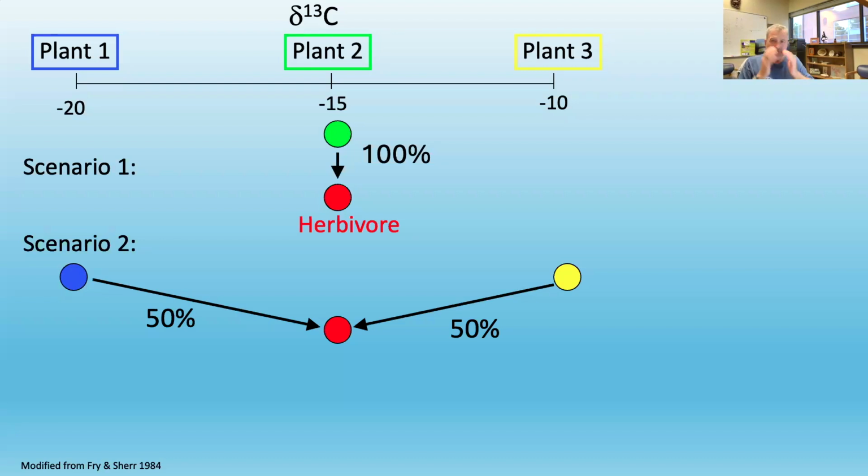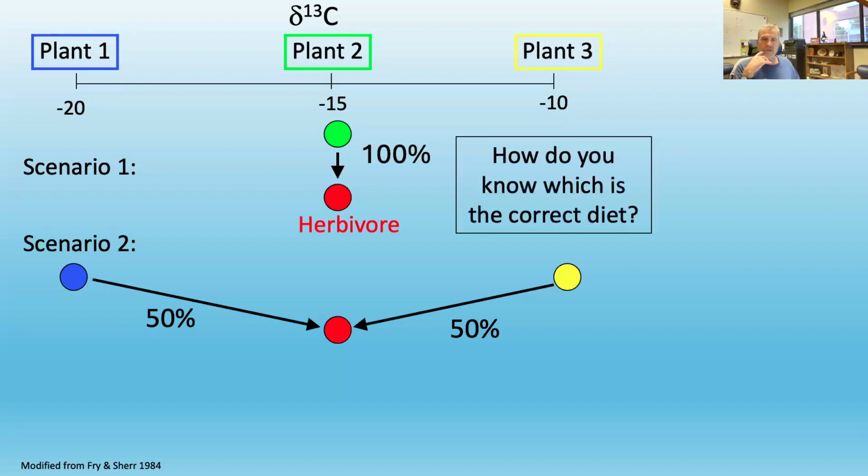Now, typically you might think, well, it's just going to be this 50-50 ratio, and it may or it may not, because again, they may be eating more of one thing than another. So we can figure that out by looking at the ratio of the carbon that they consumed and how much is in their various types of food samples. All right, so